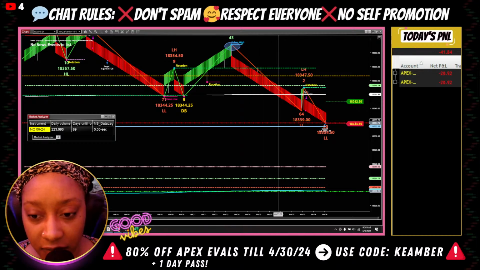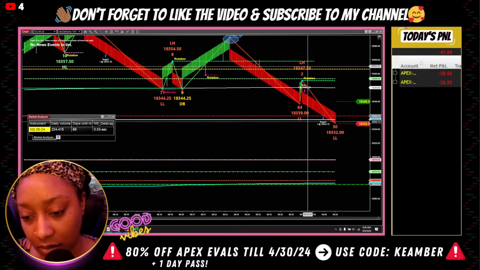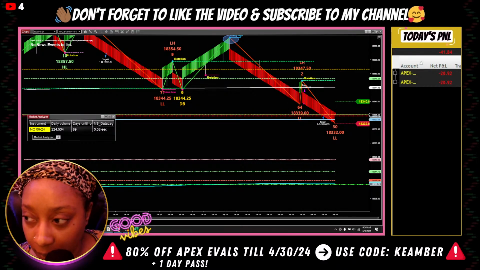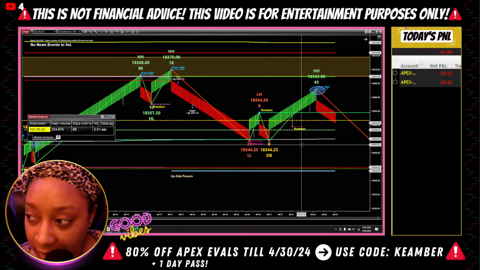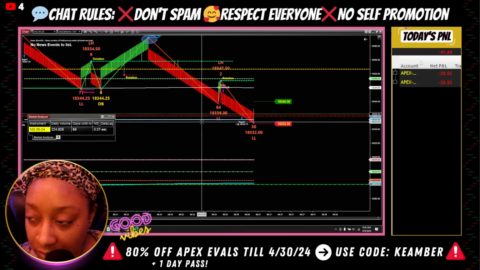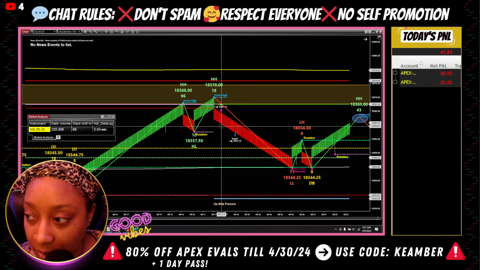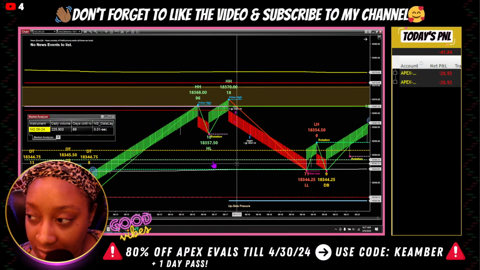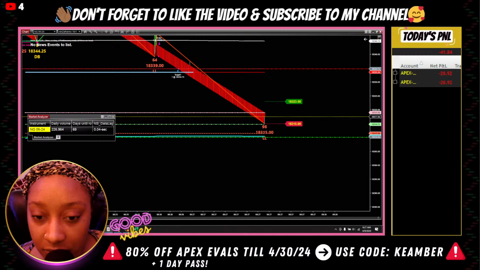All right, we're about to break even. It's an alternate pullback right there. So, even though we didn't clear it the first time and we came all the way back up, once we pushed below this rotation level, you guys see we went and hit that buyer pressure level I was talking about back here. Because again, we cleared this first part of the zone, but not the second, and we pushed so hard off of it, it made sense why it was going to push all the way down.